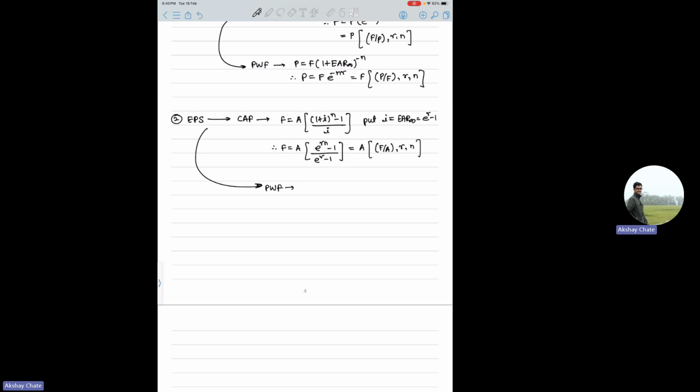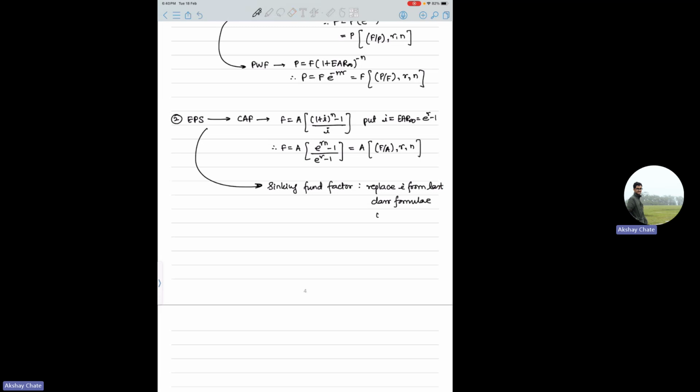Compound amount factor is F and A. Sinking fund factor is the opposite one. Sinking fund factor. Okay. So here also you have to replace i from the last class formula